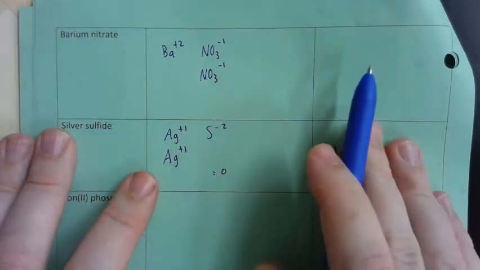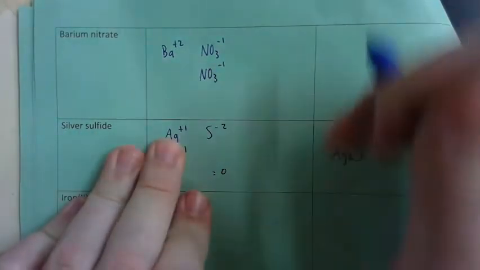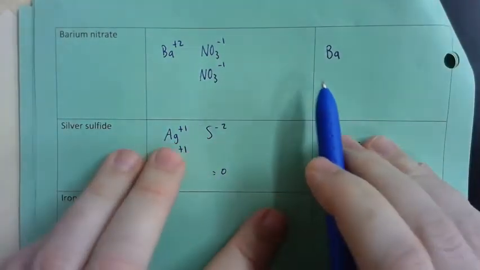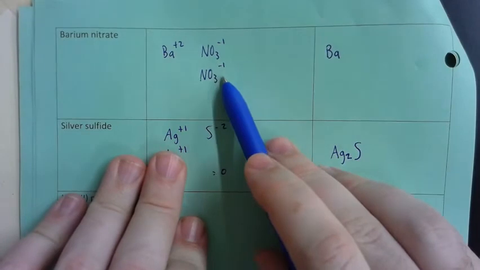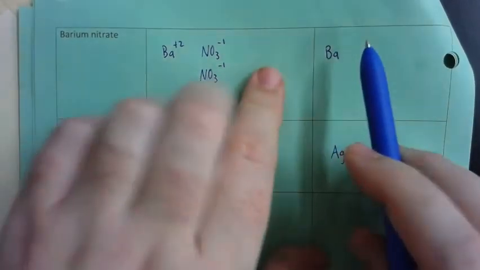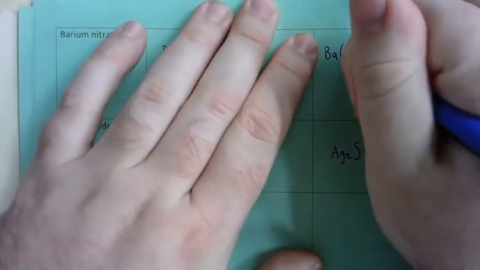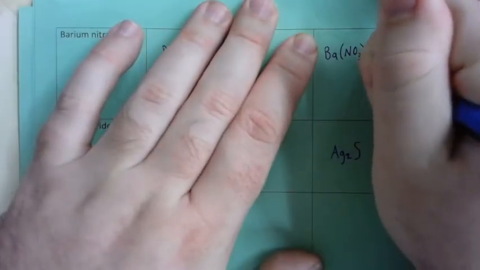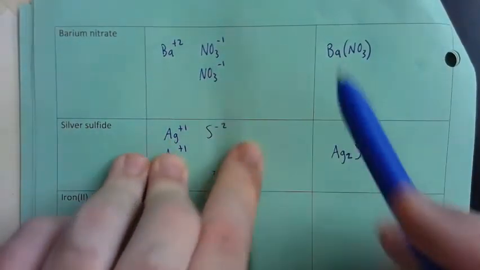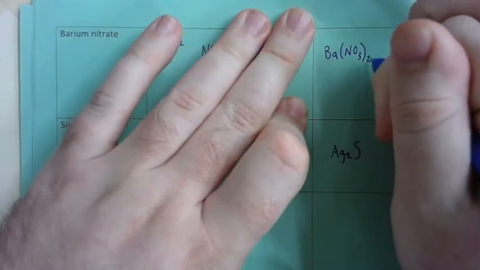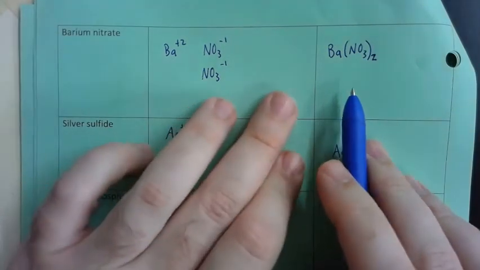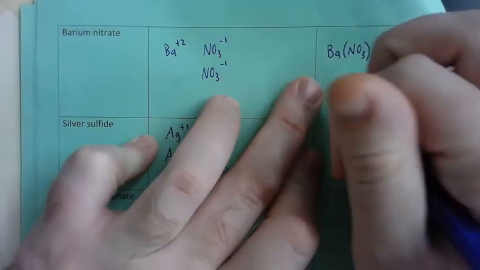All right, so when I write my scratch work, I only have 1 barium, so I just write Ba. But when I have multiple polyatomic ions, right, see how I have 2 nitrates? I need to write this in a parentheses. So we put the ion in parentheses, and then how many of that ion I have in a subscript after it. Right, now, the reason I do this, right, if I did not have the parentheses there, it would look like